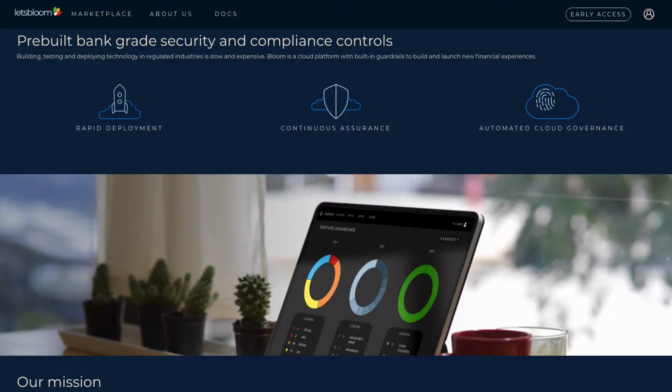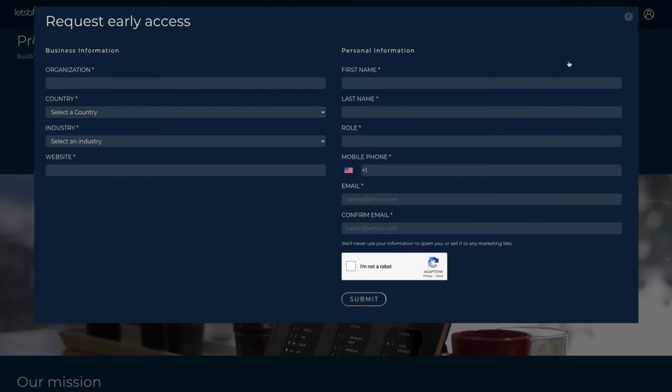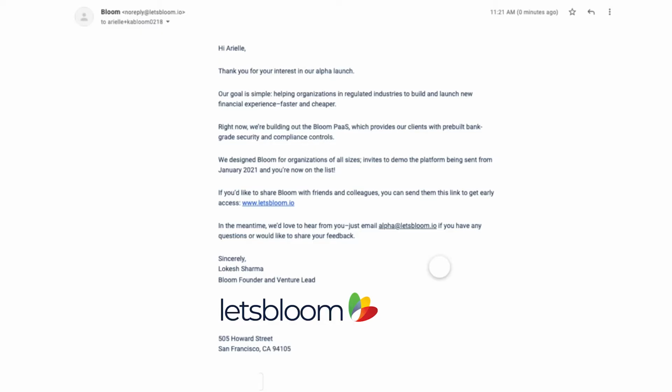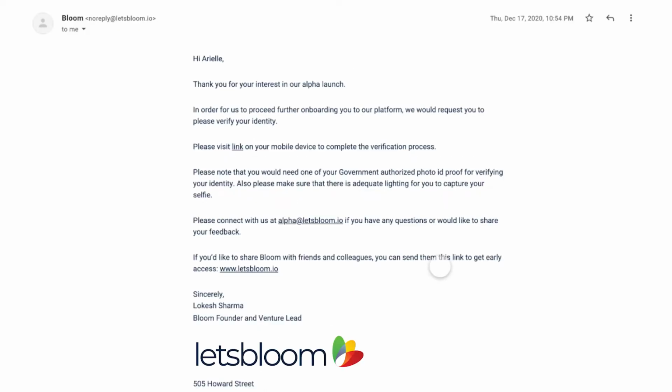For this first user journey, we will follow a venture owner requesting and receiving an invitation to Bloom, and then continue through the Bloom onboarding process. So this request form allows users to complete instant self-service onboarding. We'll go ahead and enter the relevant details. Immediately we receive a confirmation email, and then shortly thereafter, we'll receive an email inviting us to complete the